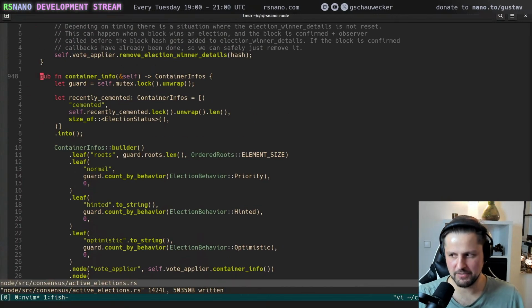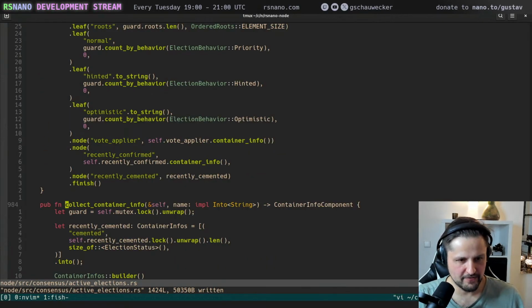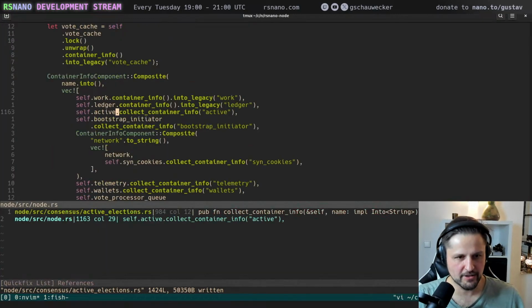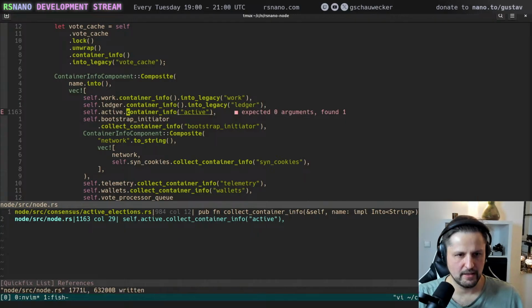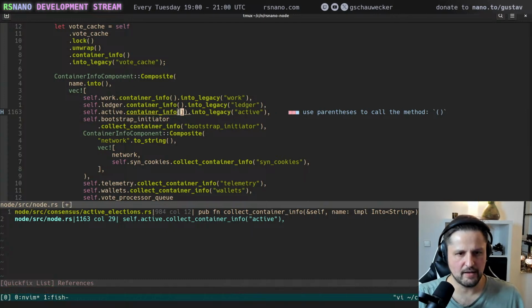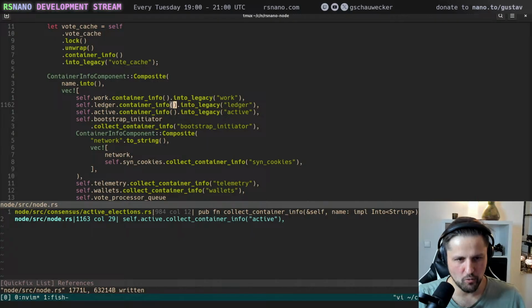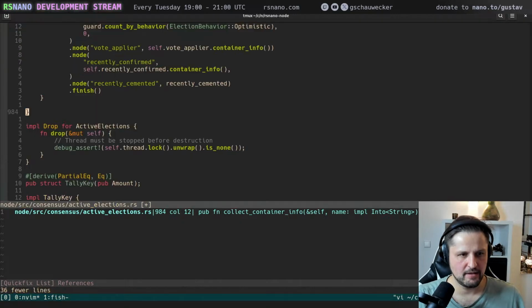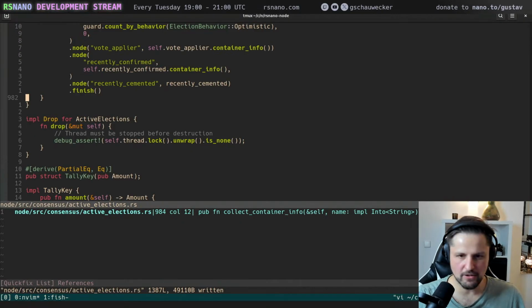So this is now code duplication, which is obviously bad, but we are deleting the duplication in a couple of seconds. So let me just find the usages of the old function. Just one usage. So let's go there and let's call our new function. The new function is just container info. And we just have to call into legacy. And we are green again, so nothing broken. And now no one uses the old function, and we can safely delete it. Small steps, and we are green all the way through.